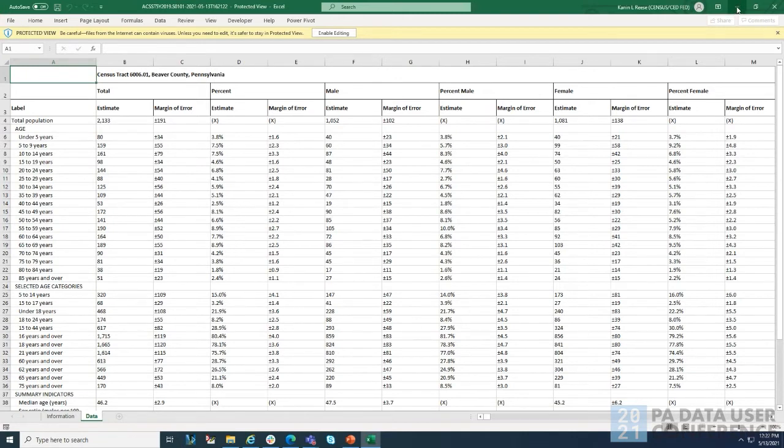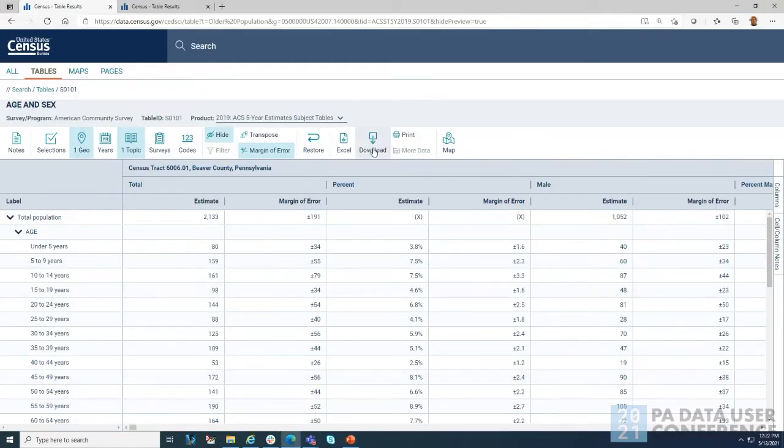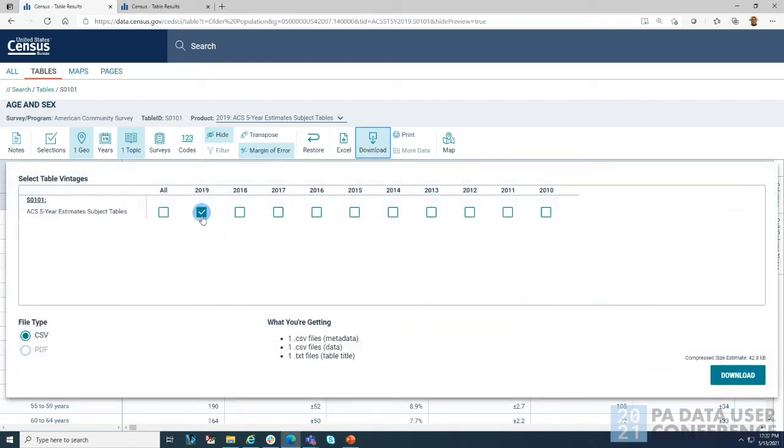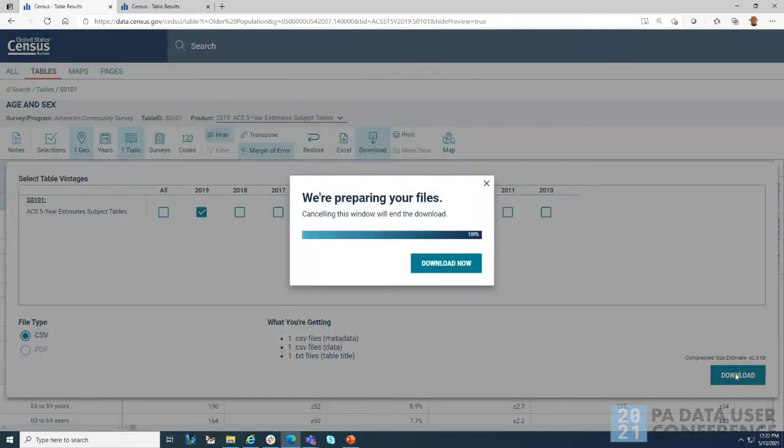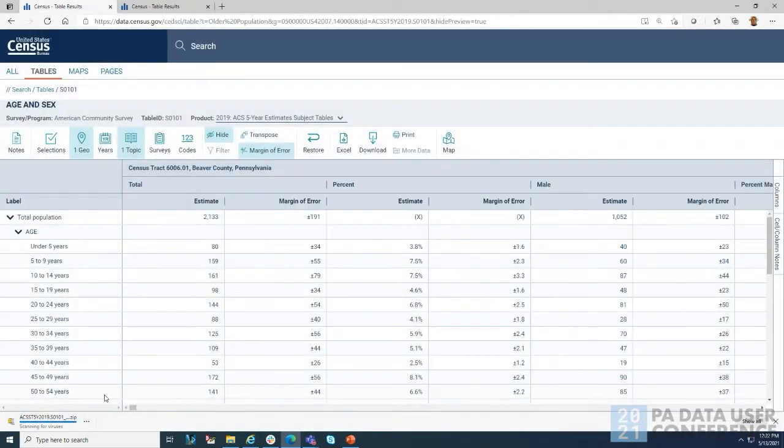So that's called export to Excel. I'll never get the name right once they changed it. Now we have something called download. Now when you click on download, it is very different. You still can get a CSV, but it's going to be in a flat file. You could choose different years if you'd like, but it's going to be in what we consider to be a flat file. And that's very different.